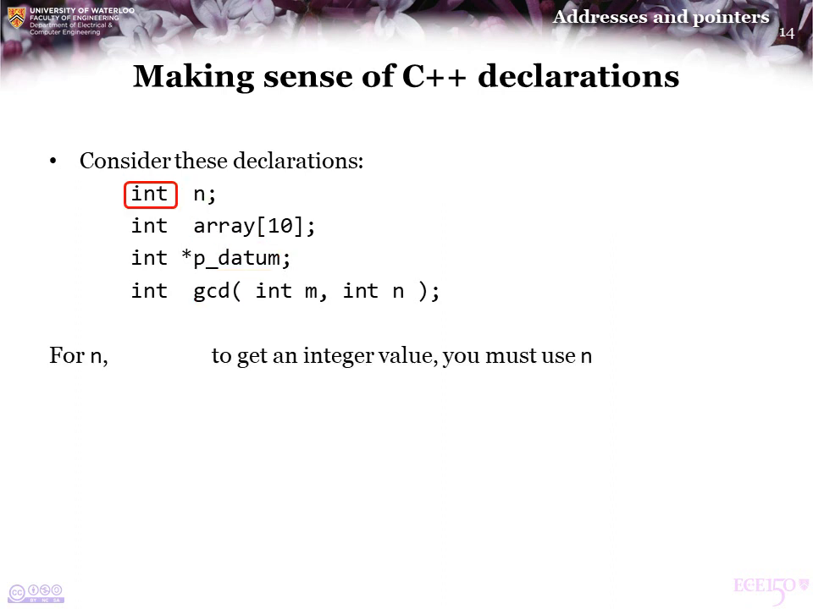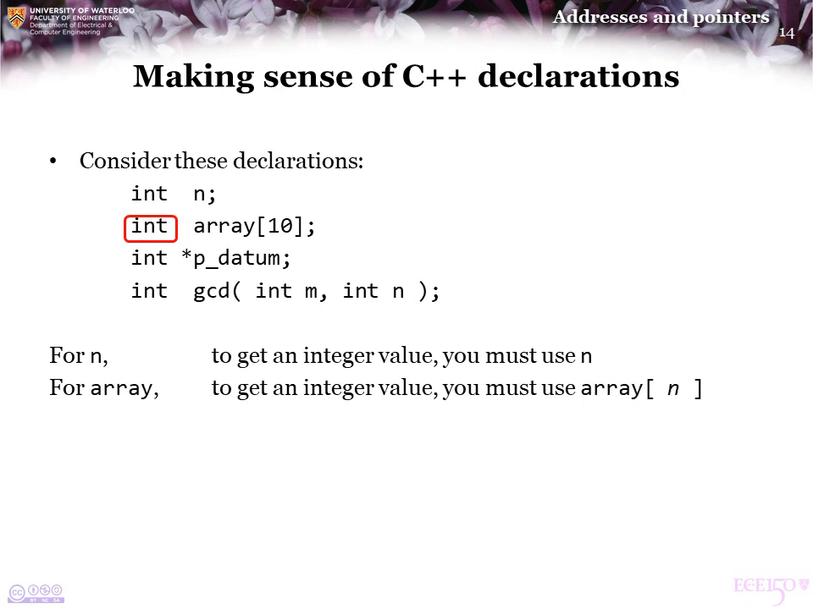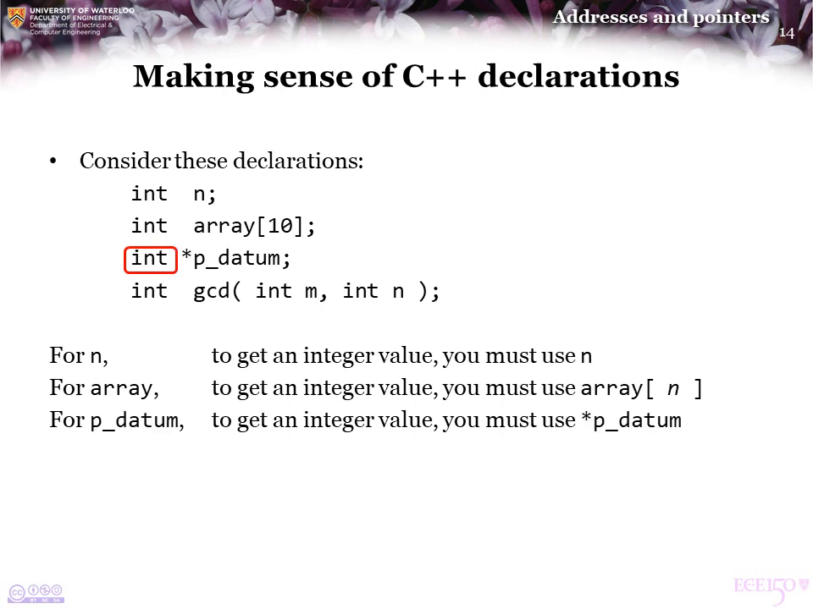Well, basically, for this first one, to either access or store an integer value, you simply use the identifier n. For the array, to access or store an integer, you must use the identifier array, but you need square brackets after it with some sort of integer value. For p_datum,